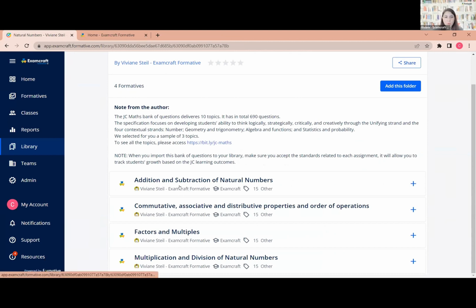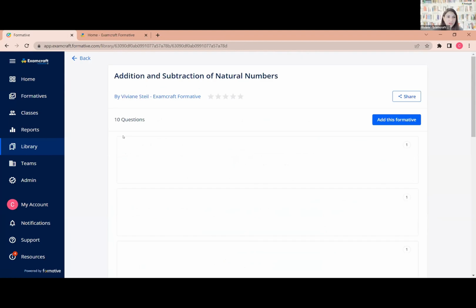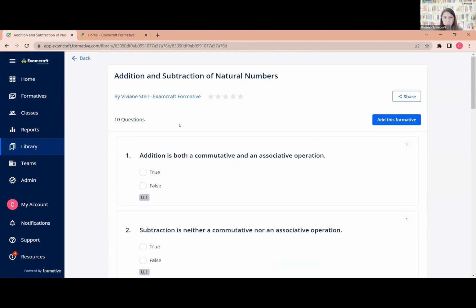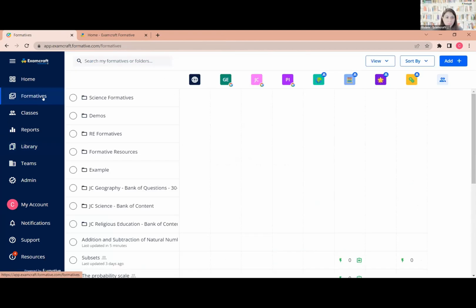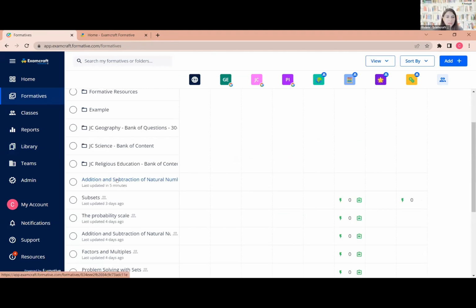So for example, if you want to try addition and subtraction of natural numbers, you can go back in here, and by hitting the plus, you're adding that to your formatives. As you can see, addition and subtraction of natural numbers, I have just added that to my formatives, let's say to my desk. I like to call this dashboard, where you have all your formatives, your desk, where you can organize your content into